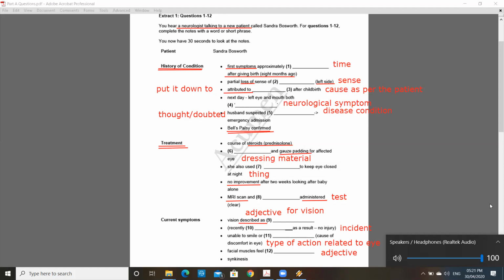Indeed. Anyway, when I woke up next morning, it had got worse. I looked in the mirror and I could see that the left side of my mouth was drooping, and my eye was the same. I didn't know what was going on, so I called my husband and he immediately rang for an ambulance. I mean, he thought I must have had a stroke or something. So we ended up in the emergency department.